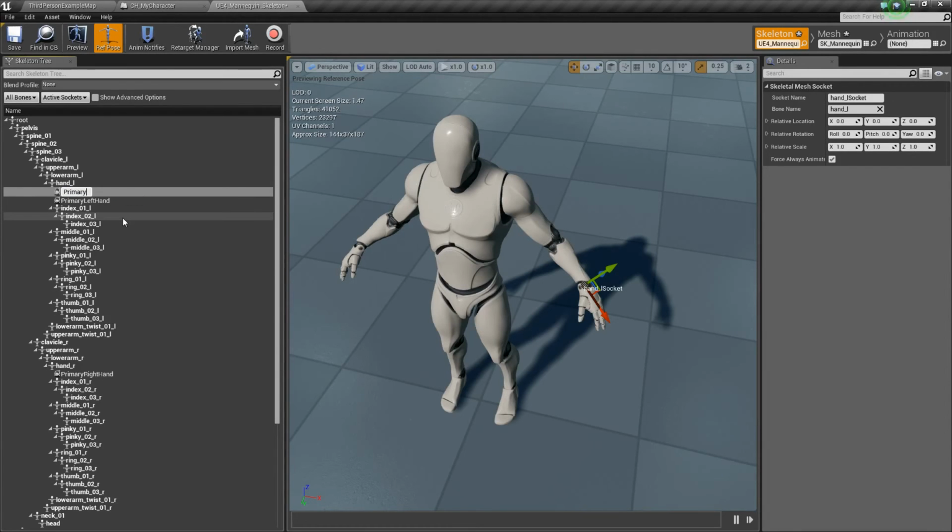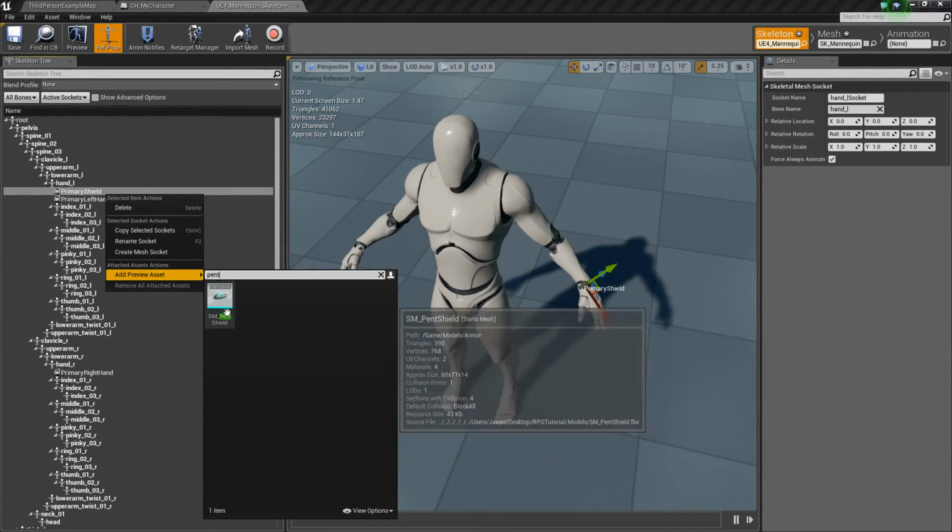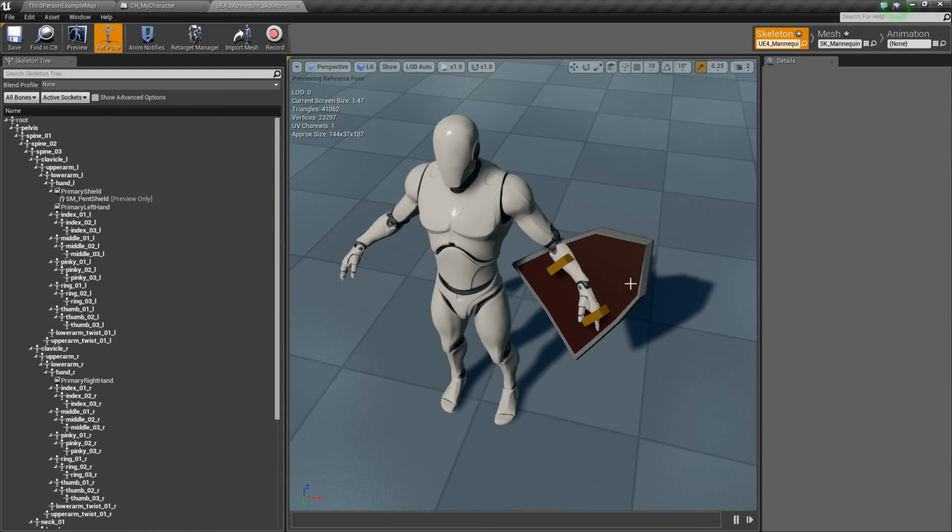We'll just call it primary shield. Okay, and now we'll only have this on the left hand because I don't know any games that even have one on the right hand for carrying shields, but feel free to go for it if you want to. So we'll add that shield again, the pent shield, and now we can rotate it